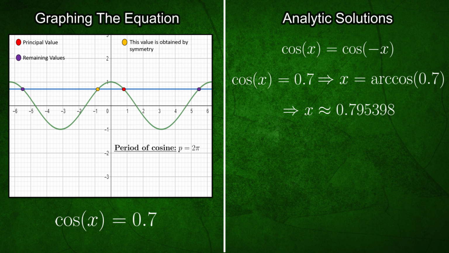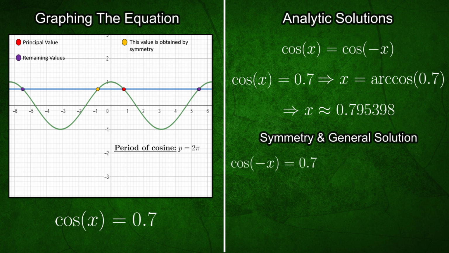The other value we can find within one period is by solving the equation cosine of minus x equals 0.7. If we apply the inverse of cosine, we get that minus x is equal to arc cosine of 0.7, which we already know its value, but we need to multiply by negative both sides of the equation, and the solution will be x equals minus